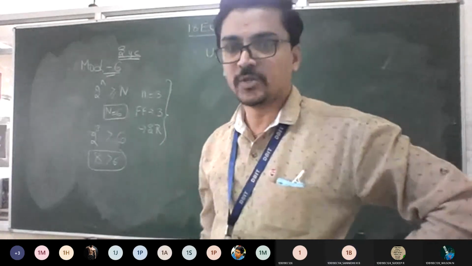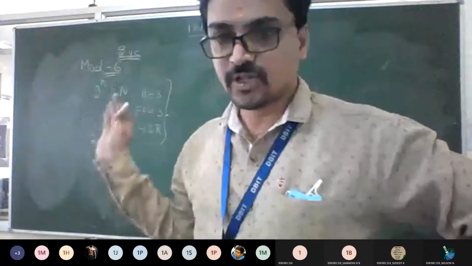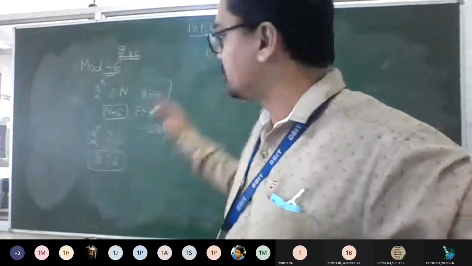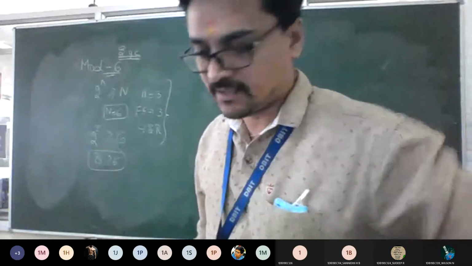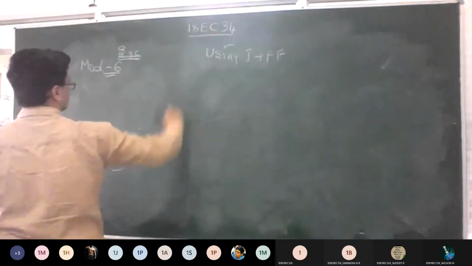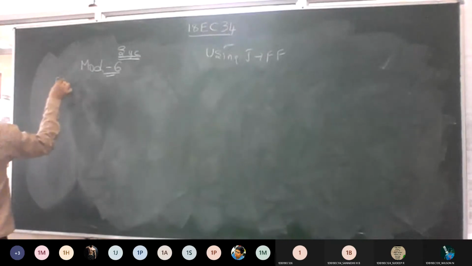So now we need to plot an excitation table. So before going for the excitation table, on one side you write the excitation table of the flip-flop for your reference so that you can fill the next table easily. Okay. So let me erase this part. Can anyone tell me what was the excitation table for the SR flip-flop?